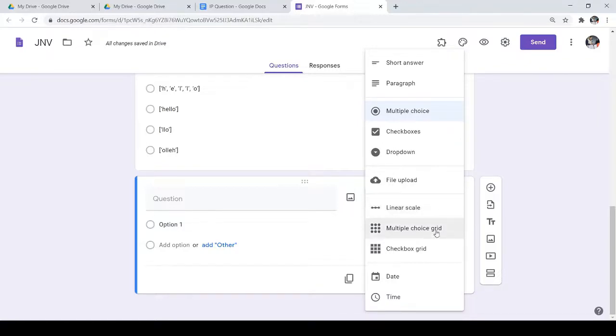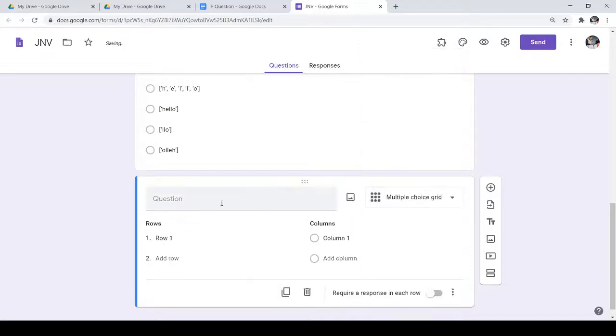Multiple choice grid can be used to get the response from the students. Suppose we want the response from the students, that which time is suitable for them for the class. Just here I have used multiple choice. Choose your time suitable for class. Then we just write down here the name of the week, Monday,